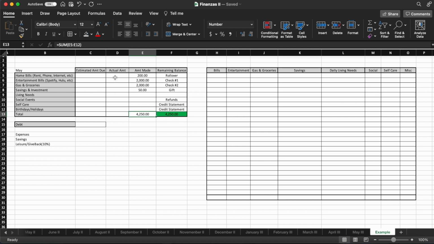Now we're going to get over to the estimated values. So in this cell, I will just take what my estimation is. Rent, you usually know what it is. So I start with the equal sign. Maybe your rent is